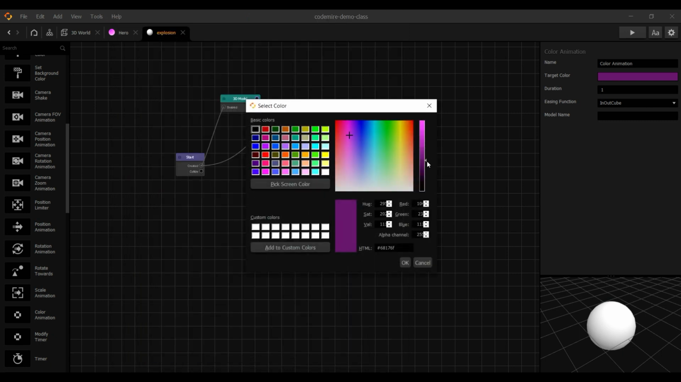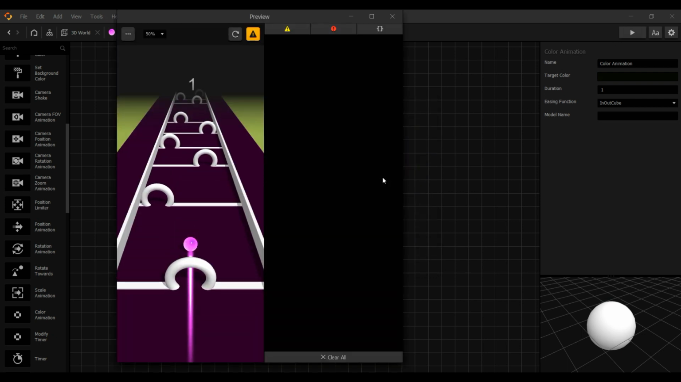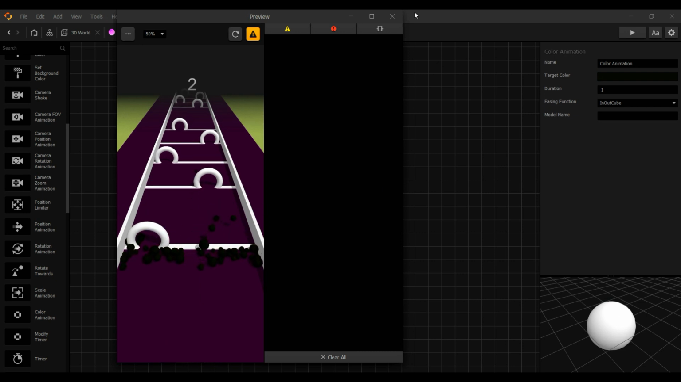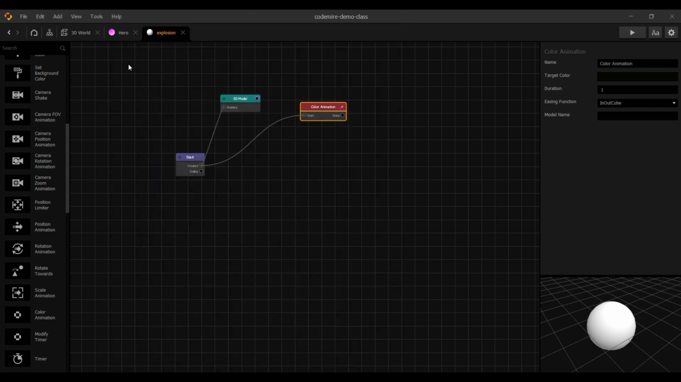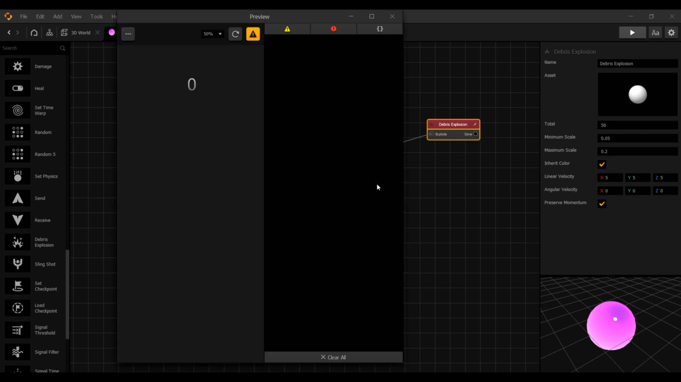Let's make it this. And also we have to reduce the size of this explosion. So just go to the hero and select every explosion. Minimum scale, you can see it's 0.1. We can make it 0.0, and maximum scale should be 0.2. And when we play this again,